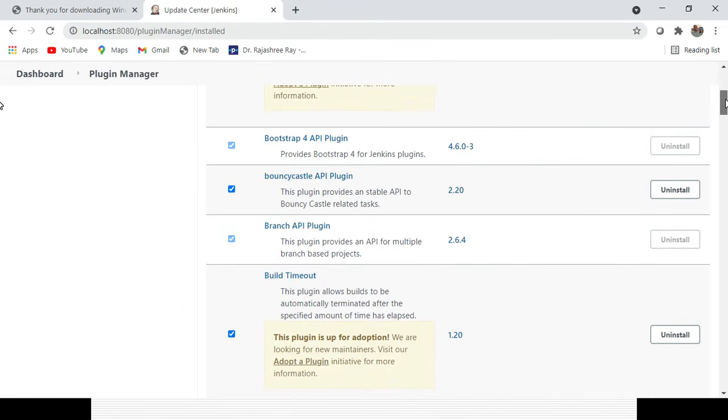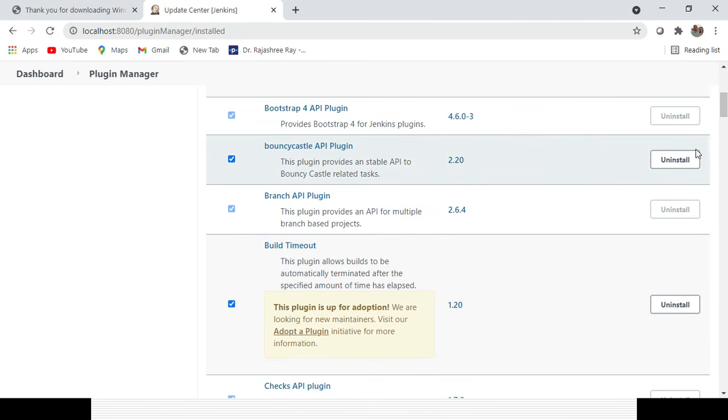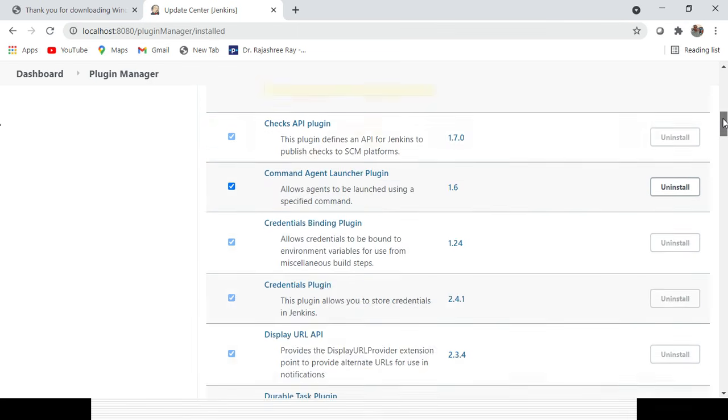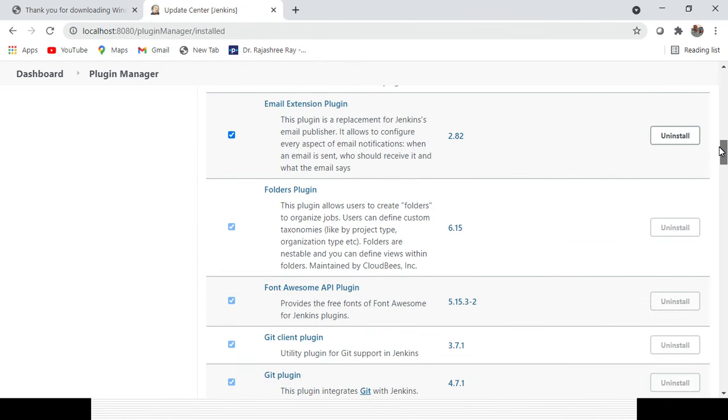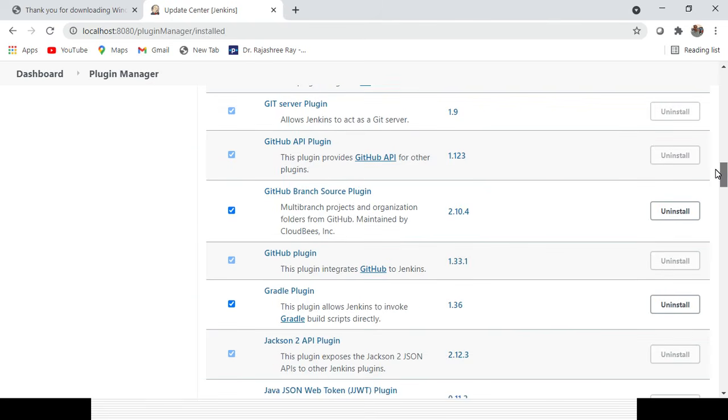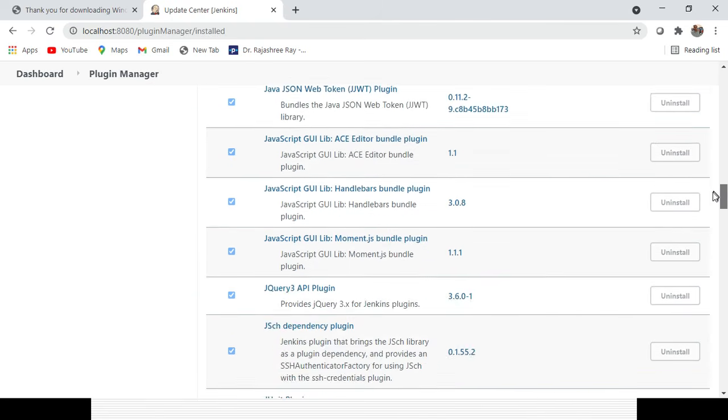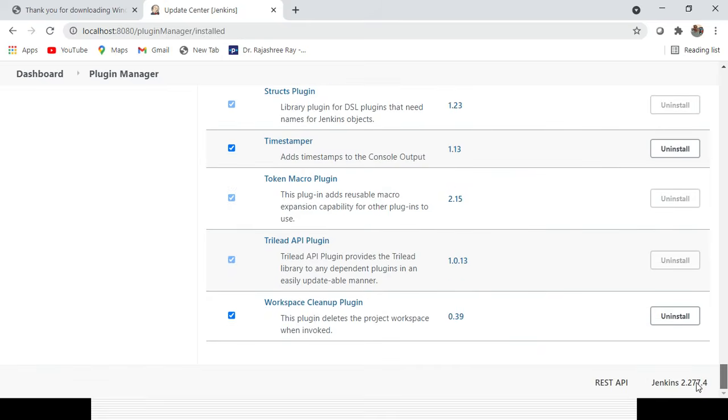In case you want to uninstall, there is an option called uninstall, and for whatever you can't uninstall, the uninstall button is disabled. This is a default plugin already installed during the initial setup, so there is no need to install it again.